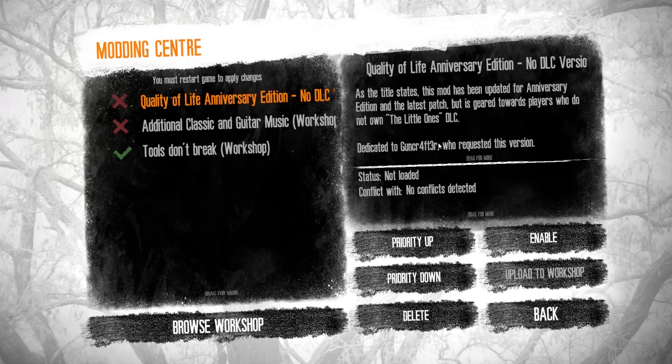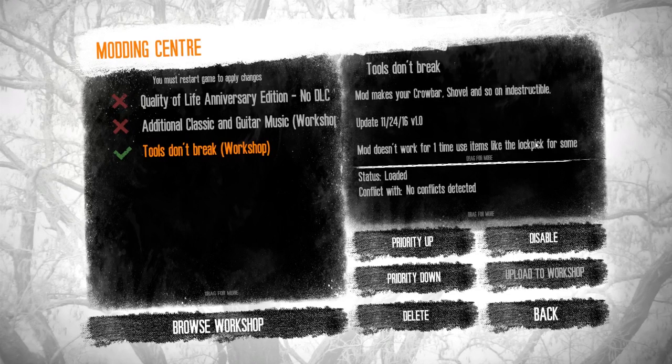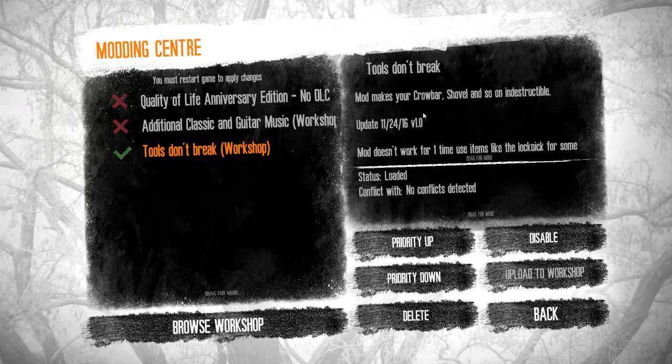One mod I have enabled is Tools Don't Break. It is kind of me being lazy. You shouldn't need it really, but it does make some of your tools unbreakable, which normally do wear and tear, but that just gets costly. And I thought I could do without that. It doesn't really break the mechanics of the game. It doesn't make it that much easier, I hope, but we'll see anyway as we go through. Other mods you can get, I'll talk about in a moment when we look at the setup of